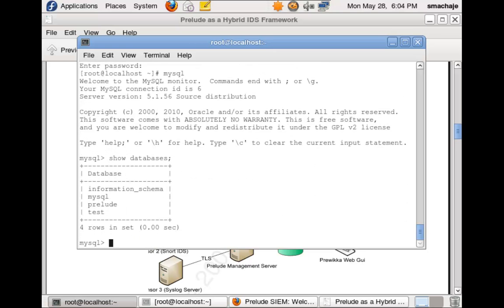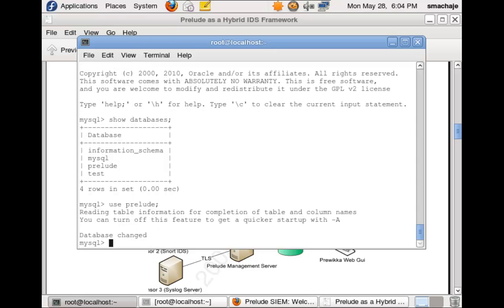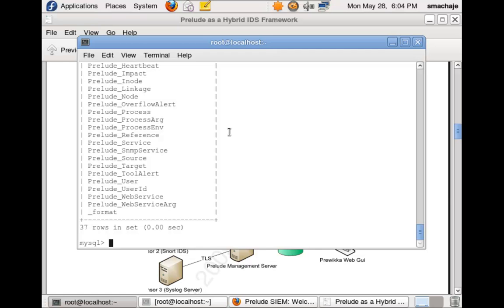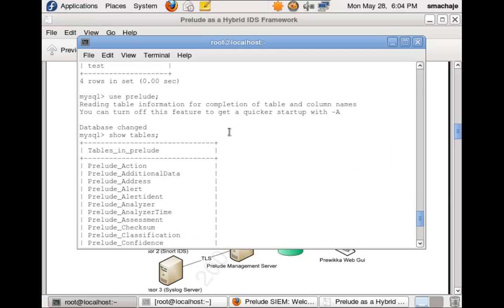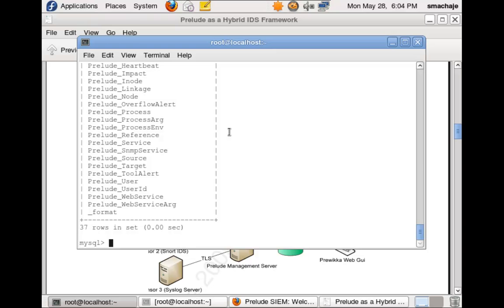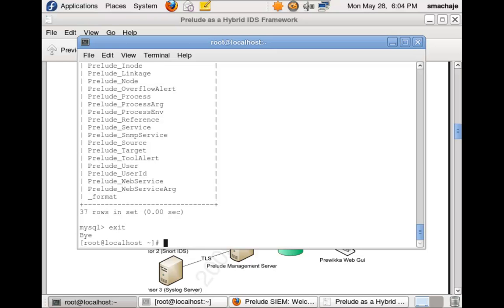We can look at this database, show databases. If I say use prelude and then show tables, I can see that I have all kinds of tables here in the database. I could investigate them one by one. Alright, so with this database in place,